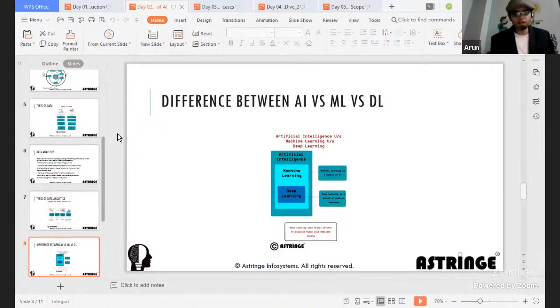Because in deep learning, ultimately, it mimics a human brain. It's an artificial neural network because there are a lot of nodes. The output of one node could be fed to the input of another node, so that the accuracy could be improved. And similarly, there will be a mesh of nodes, and you will be able to get a better output. So deep learning is an area where you can actually get an optimum result.